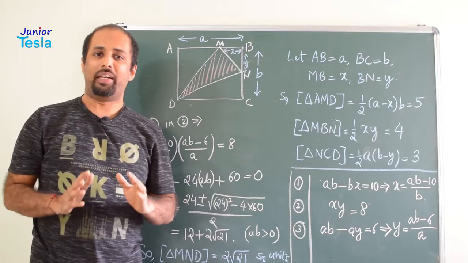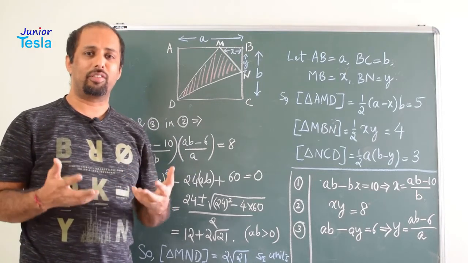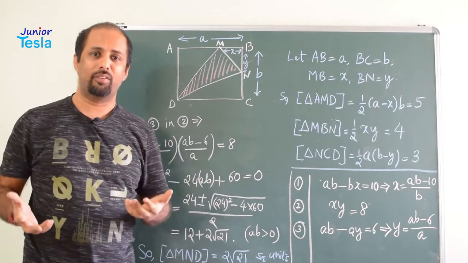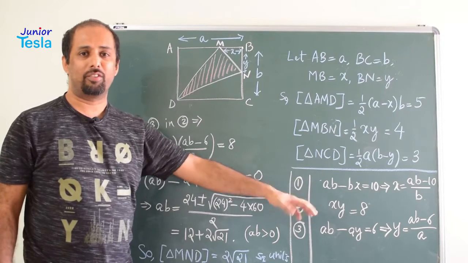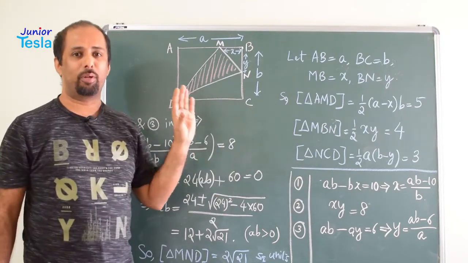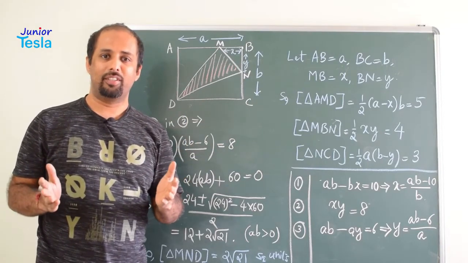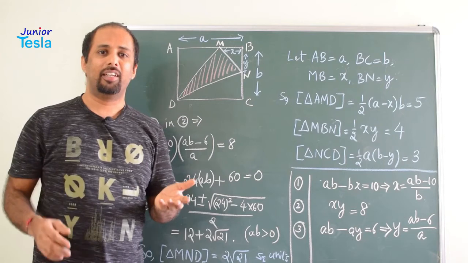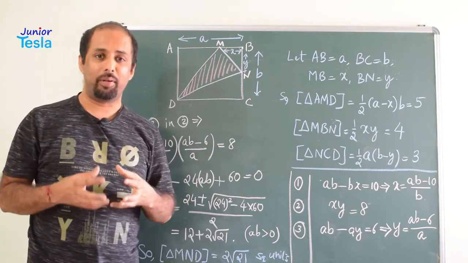A very simple direct problem, but a very innovative one. You need a lot of concepts here, from algebra, from quadratic equations, from how to simplify the expressions and so on. So many concepts are involved here, but basically it is a geometry problem. A rectangle is divided into 4 parts, each part is a triangle. The areas of 3 parts are given and you are supposed to find the area of the required remaining part.